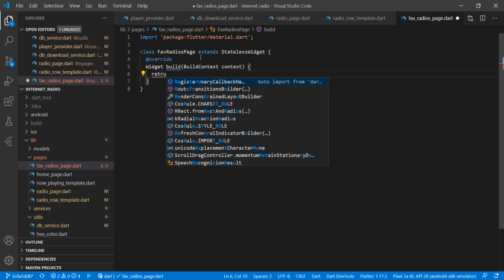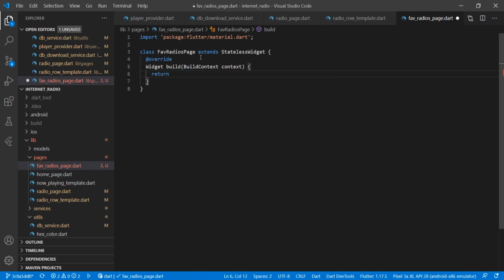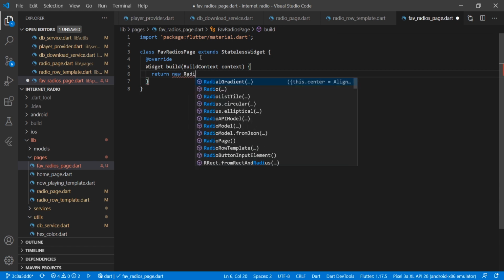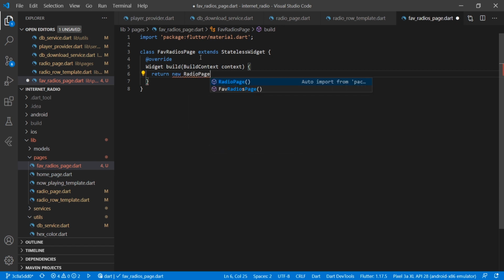And here we just return new radio page, then here we are passing is favorite is equal to true.